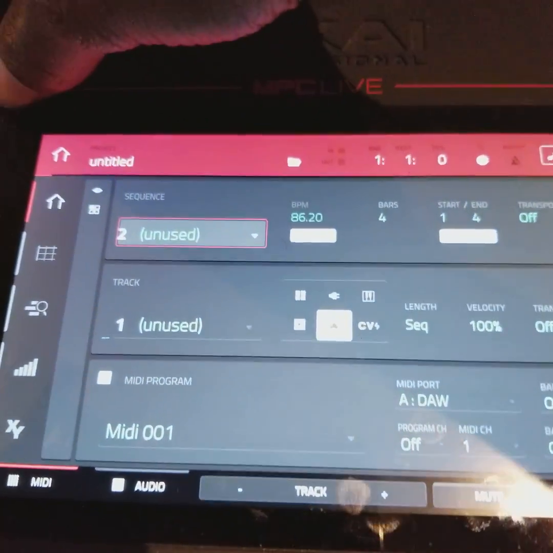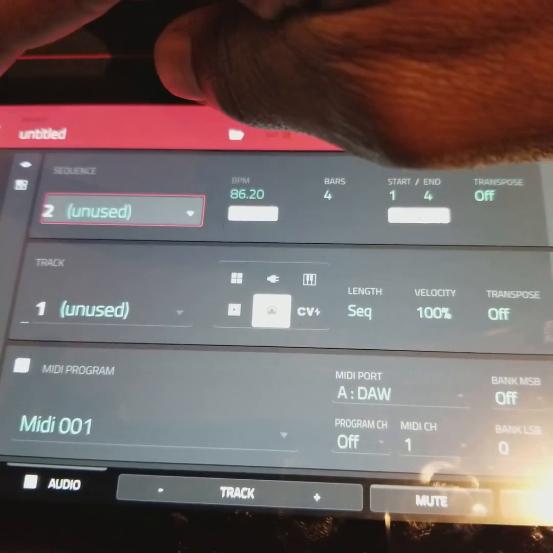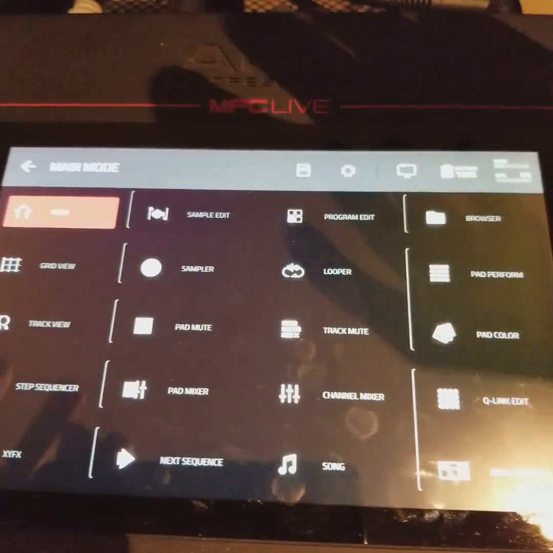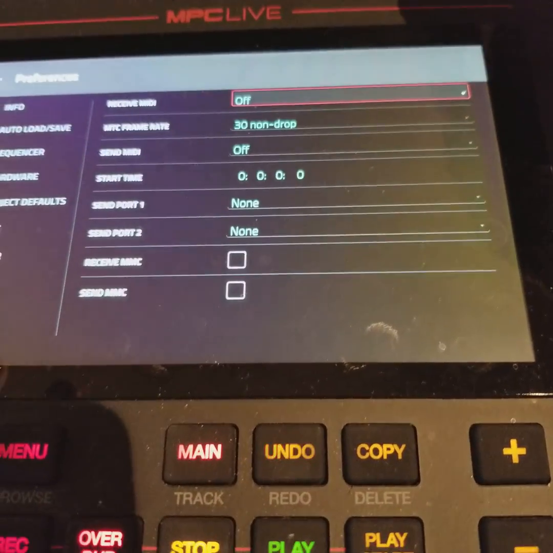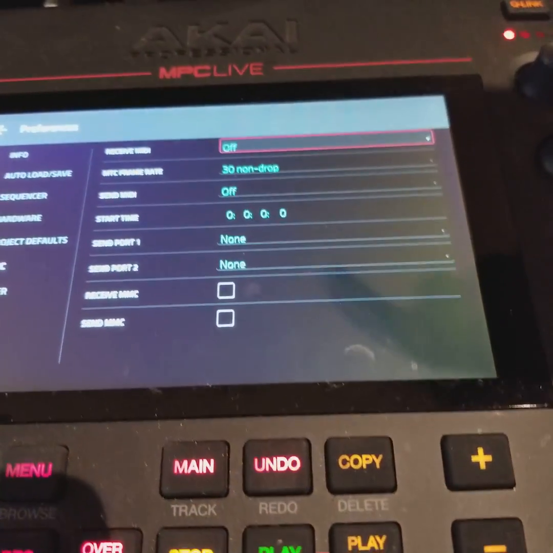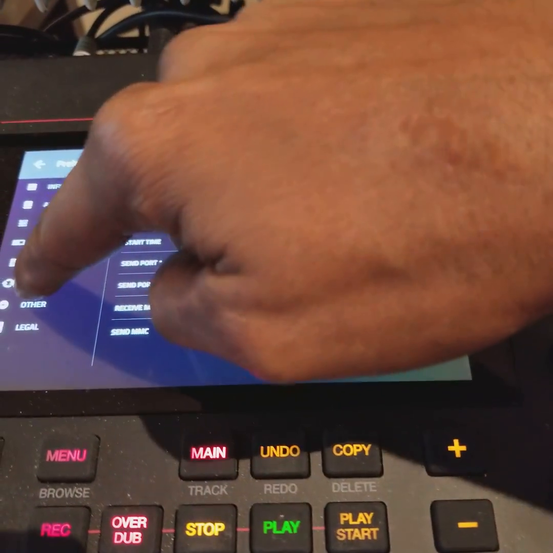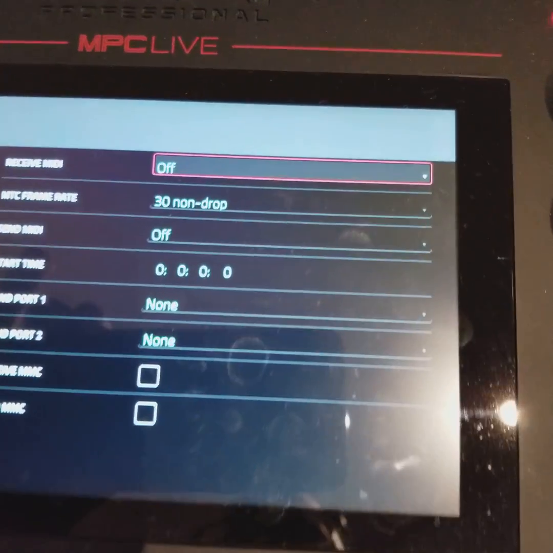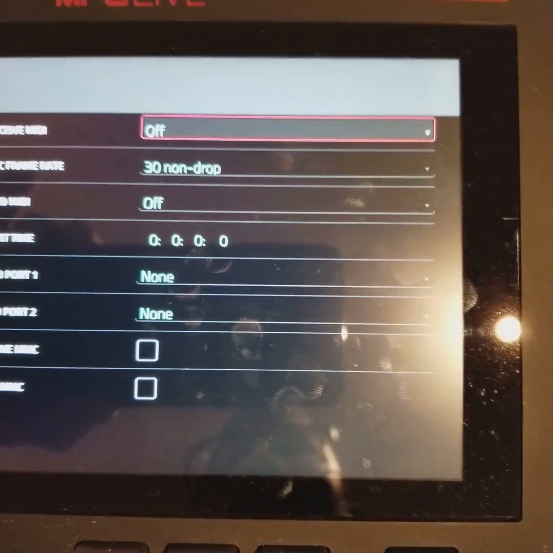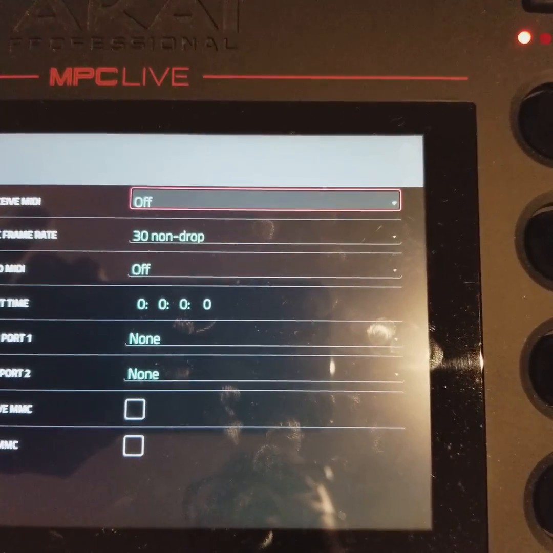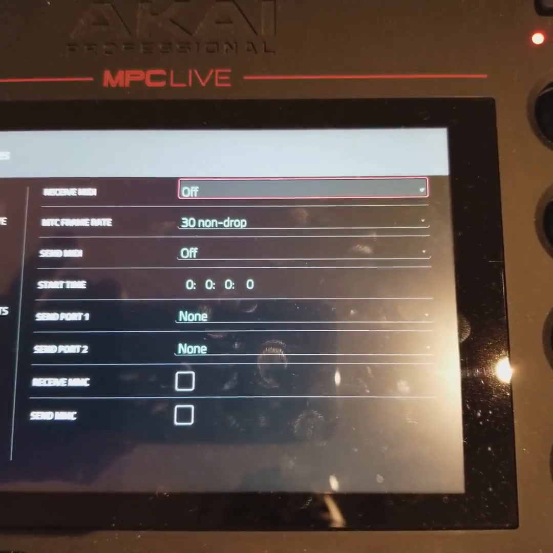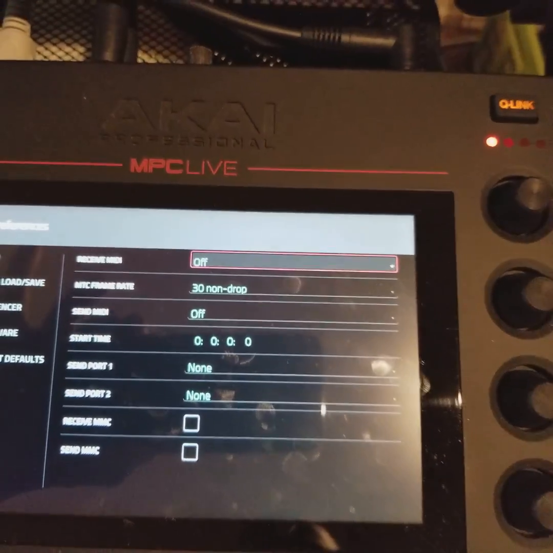In the MPC Live, I have the following settings set up. Under sync. So these are the settings set up in the MPC Live, which isn't anything really. The next thing is